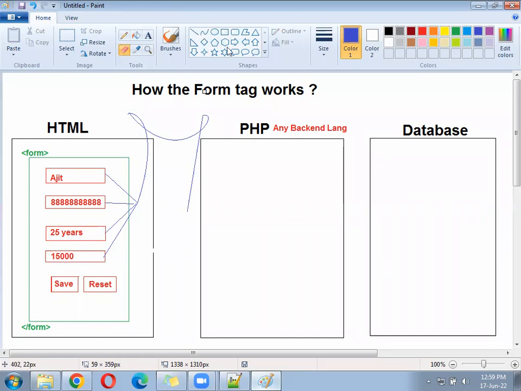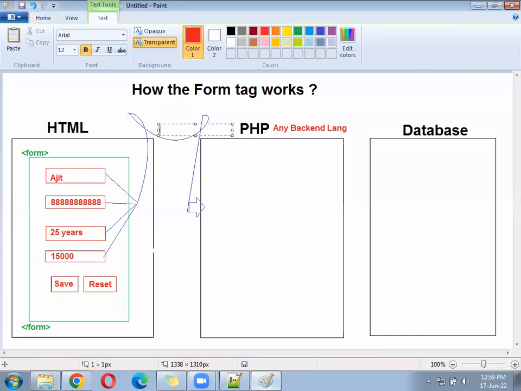Now assume from here, this data will enter under the where? Backend. So data came from where? From the HTML. How did it come? Through the internet. This line is called internet. When you chat with a friend in the